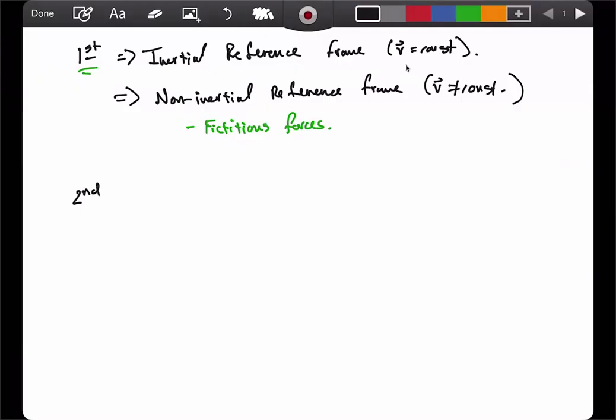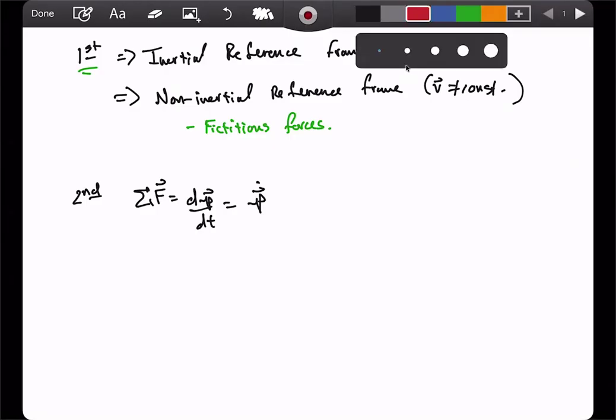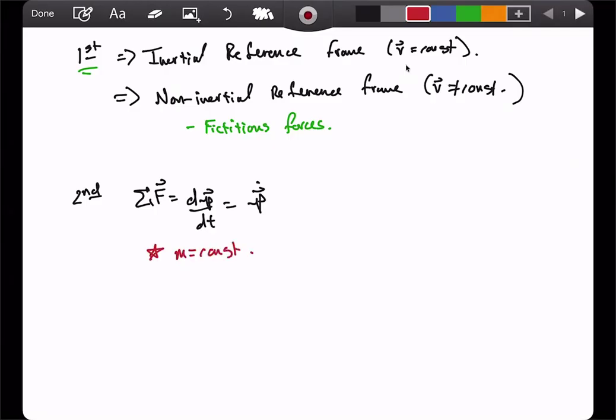So the second law, again, is an operational definition, which basically just says that the sum of the forces acting on the system is equal to the time rate of change of the momentum. Or again, we define the dots, so this is then going to be P dot. Now, again, in the special case where the mass is equal to a constant, in that case, then we